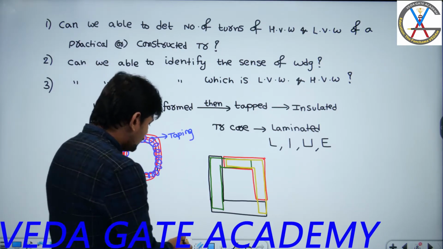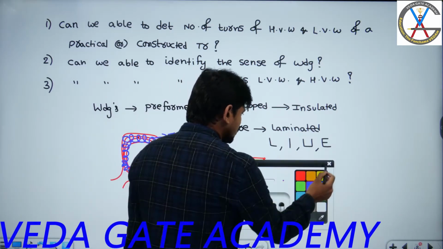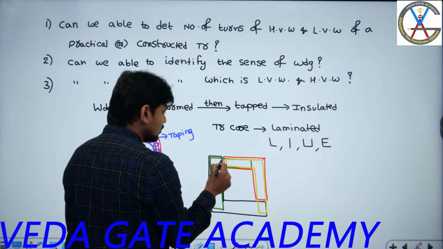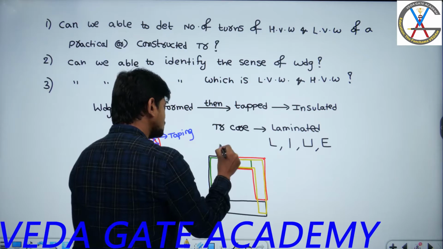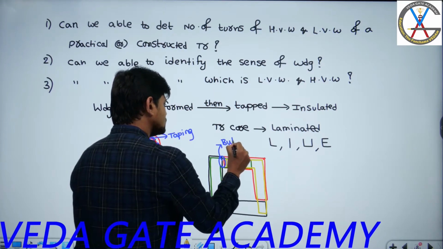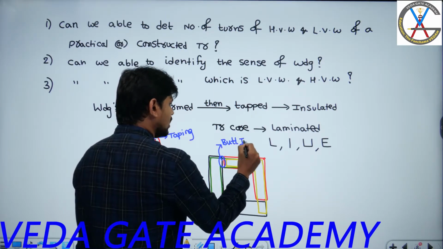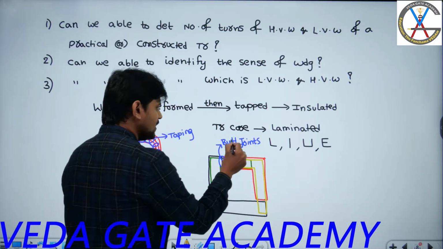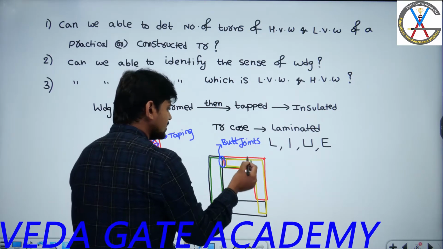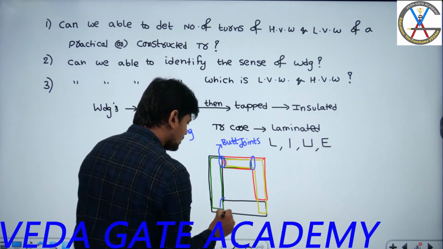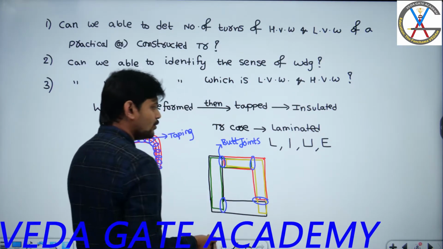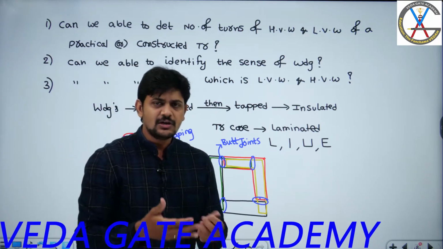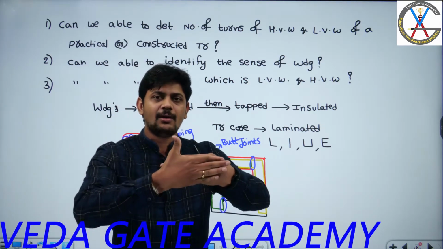Now here, this joint and this joint, this particular black and red color, will be joined by using butt joints. I think you heard this name while studying in your P-Tech also. I will tell you the purpose of these butt joints: here, here as well as here, we are going to provide the butt joints at these places. The purpose of these butt joints is to tightly rivet these laminations.